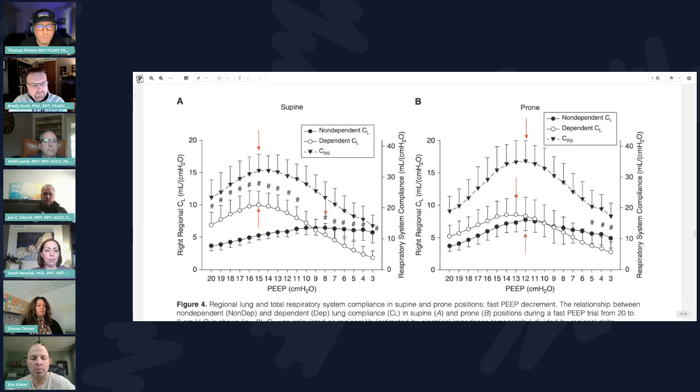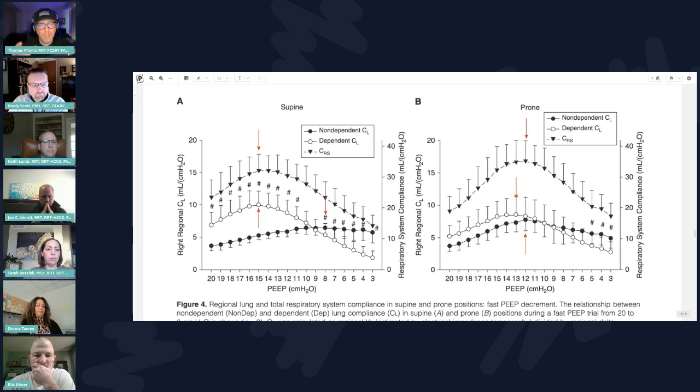I'm sorry, Tom. Oh no, I was just going to add to the point that Brady was making, that prone positioning, I know the criteria for whether we continued to prone people a lot of the time was whether or not the PF ratio exceeded a threshold. But I think you highlighted nicely that it's not just the blood gases we're looking for. There is a redistribution of injury, a potential for injury, or whether you want to say a redistribution of power within the lung.